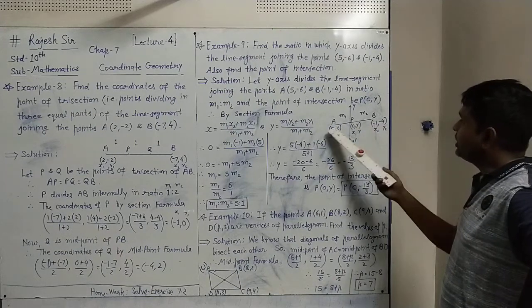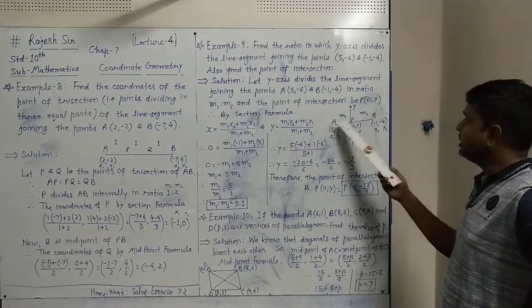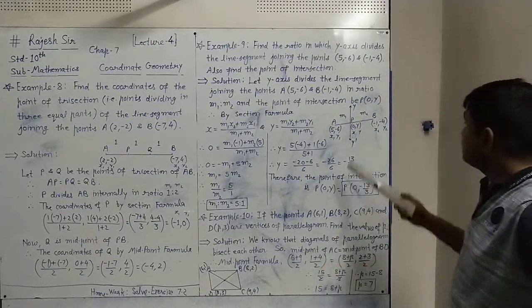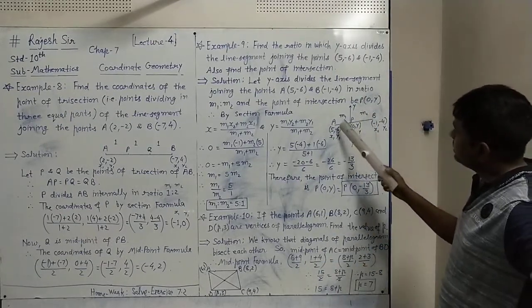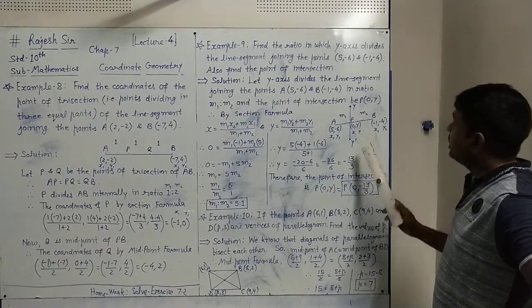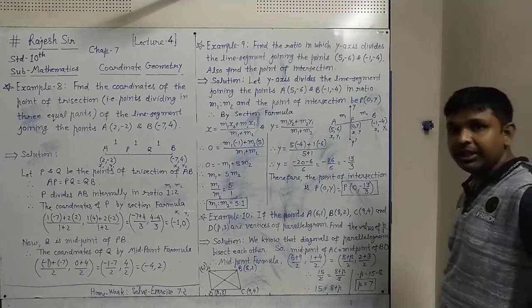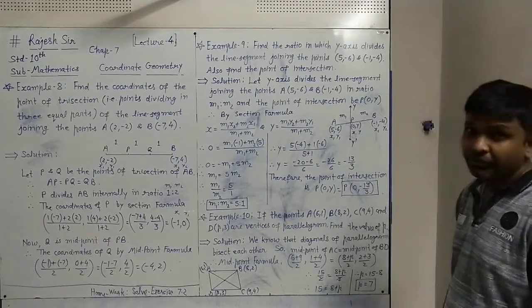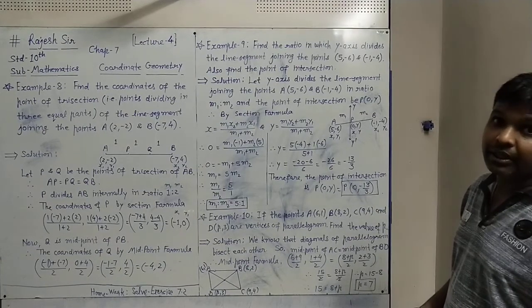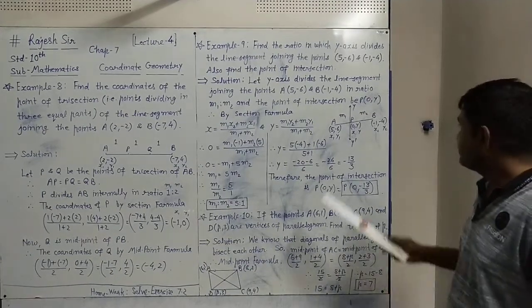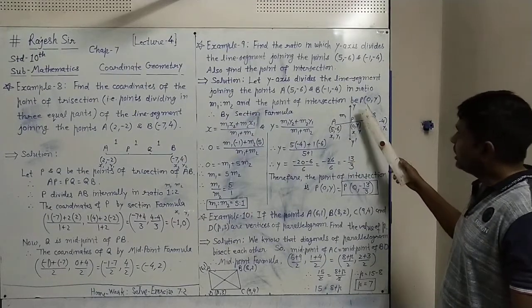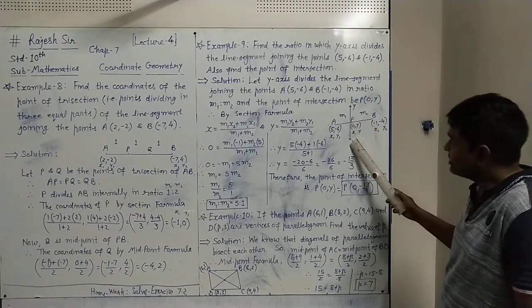Let the line segment joining AB be shown this way, joining A and B. And the y-axis, you know, is the vertical line, shown here. It is dividing AB at the point P, suppose. And in the last lecture we have seen that a point on the y-axis is always taken in the form (0, y). So this is the P point dividing AB, and this P point is on the y-axis.